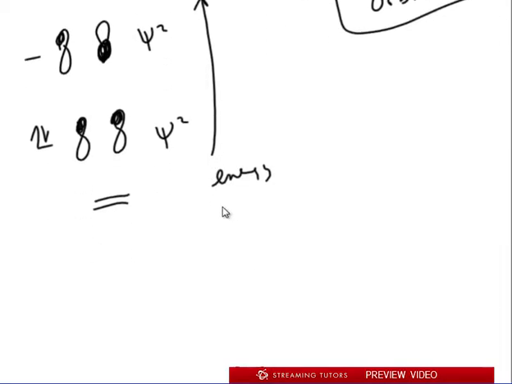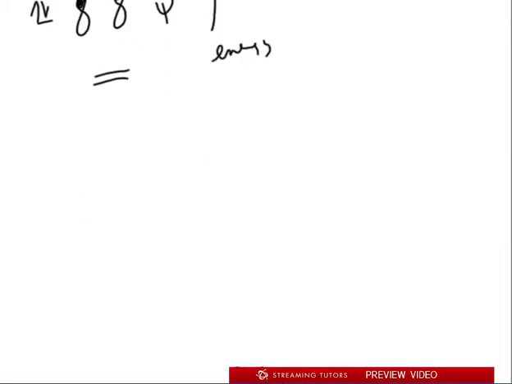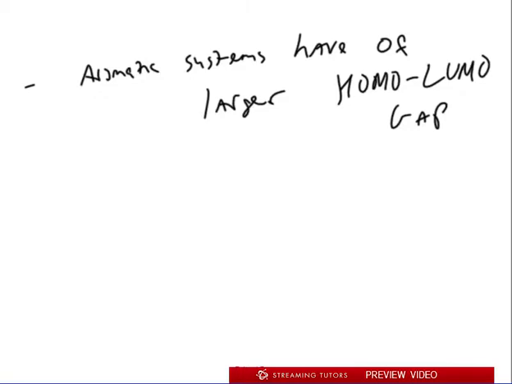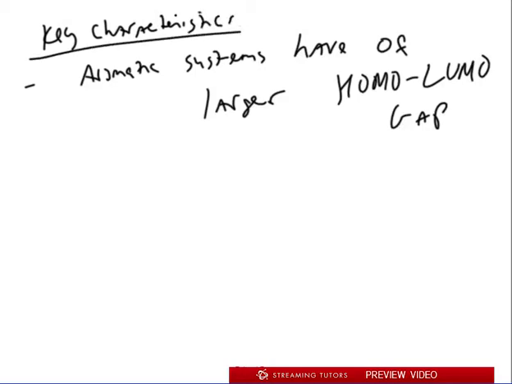It turns out that one of the things about aromatic systems is that they have a larger HOMO-LUMO gap. That is a key characteristic, and it is what makes them very special. So for example, if I have a hexatriene,